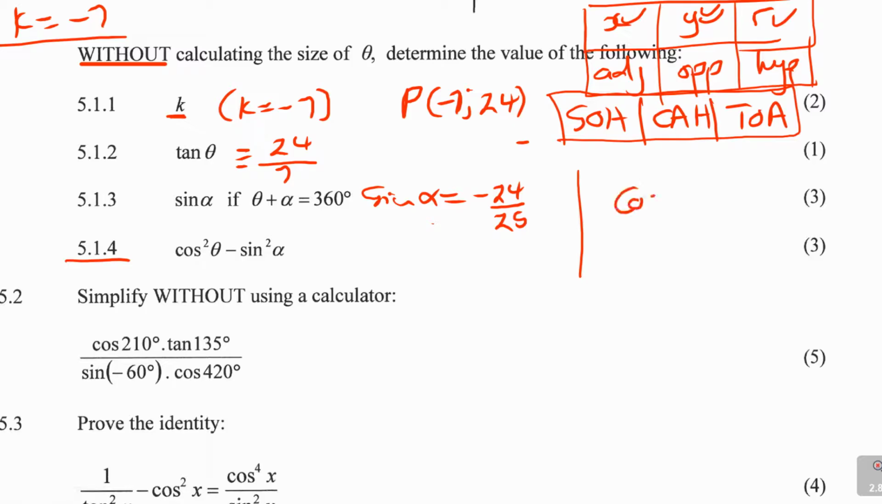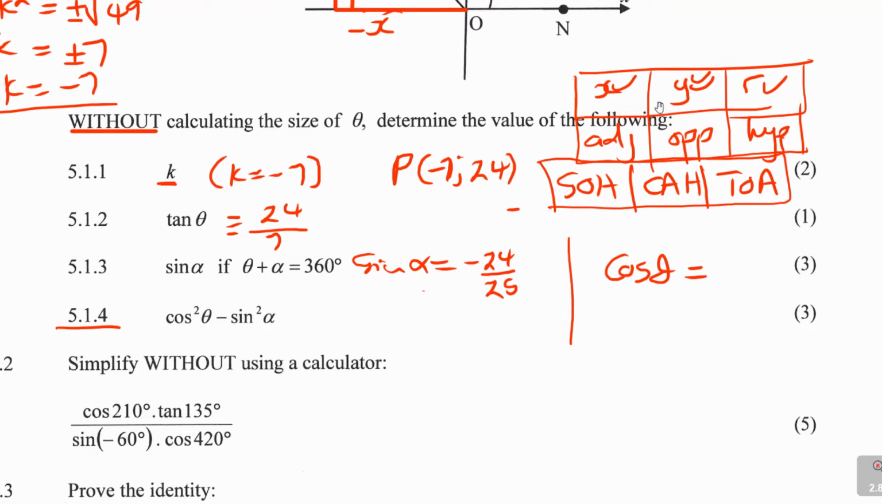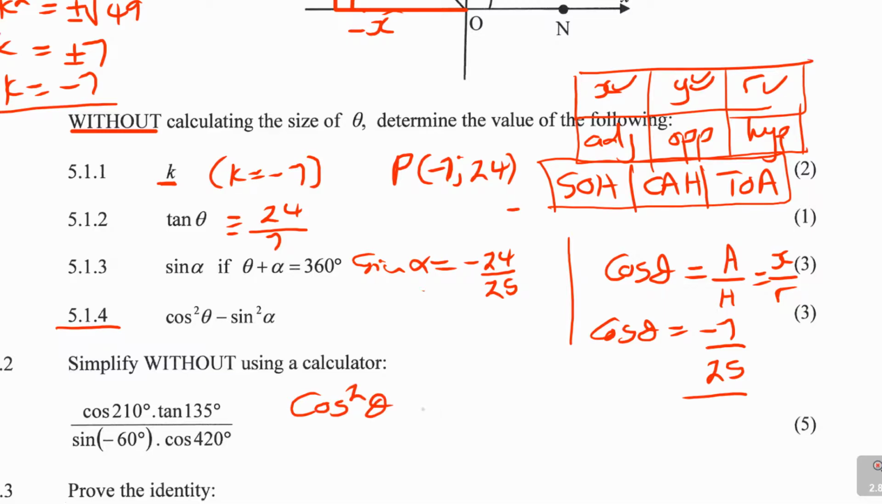Again, cos theta is equal to, back to SOHCAHTOA, adjacent over hypotenuse, which in terms of x, y, and r is x over r. Now cos theta will give us x, which is negative 7, that's our k, over r, which is 25. Now if they say I need to simplify cos squared theta minus sine squared alpha,